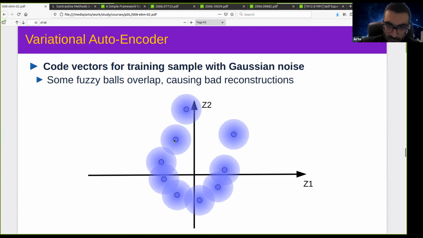And because we sample here, this bulb can overlap, right? And when the bulbs overlap,